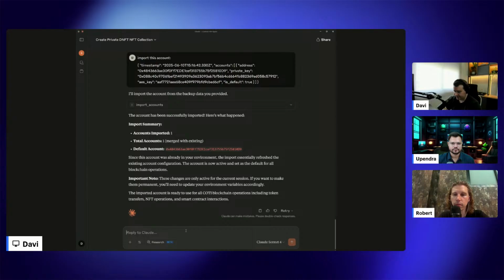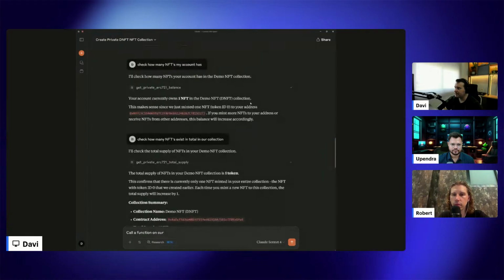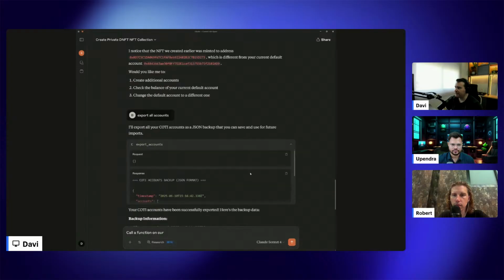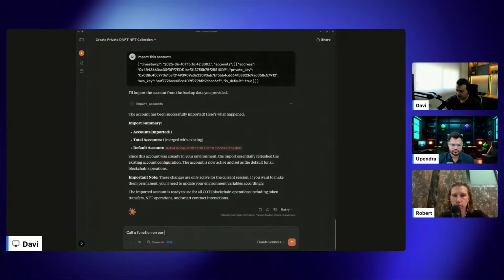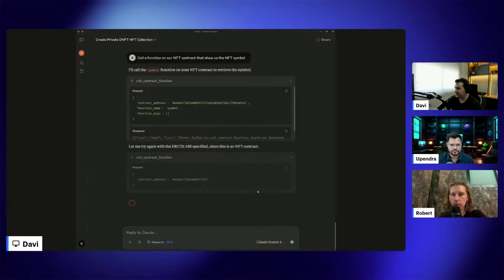Let's test it now. For example, call a function on, let's check if I deployed here, because I created a new conversation. Okay, I deployed an NFT, right, our NFT contract. Let's ask it to show us the symbol, the NFT symbol, right? Let's see if Claude will guess the parameters. Okay, the contract address, the function name, and the args. In that case,